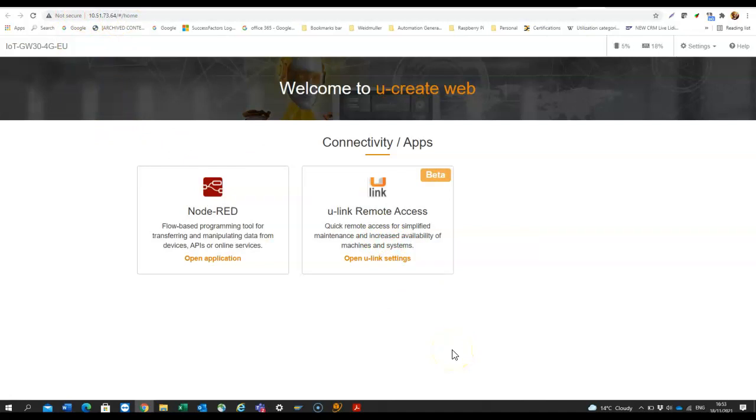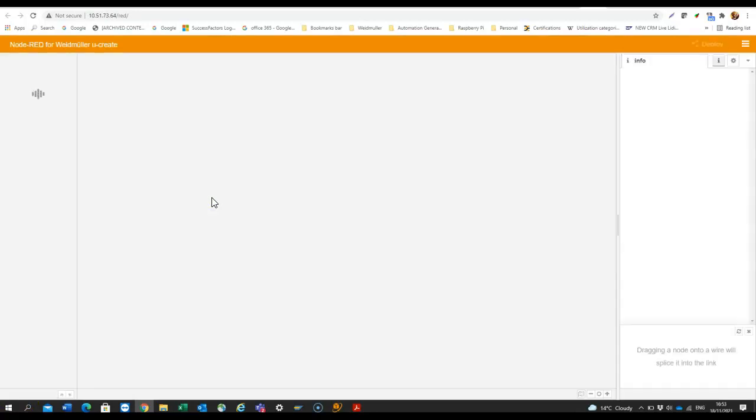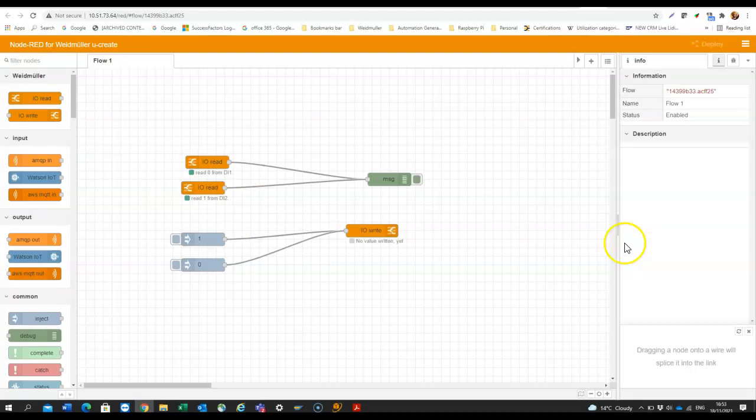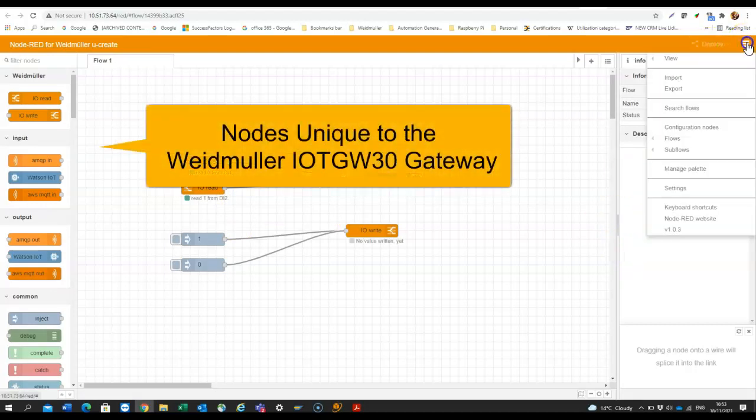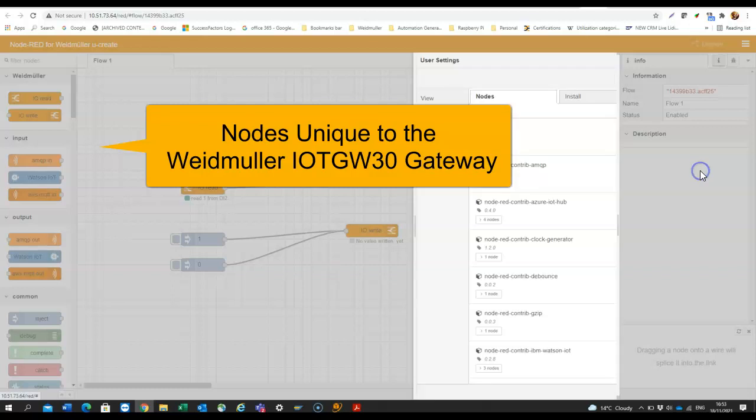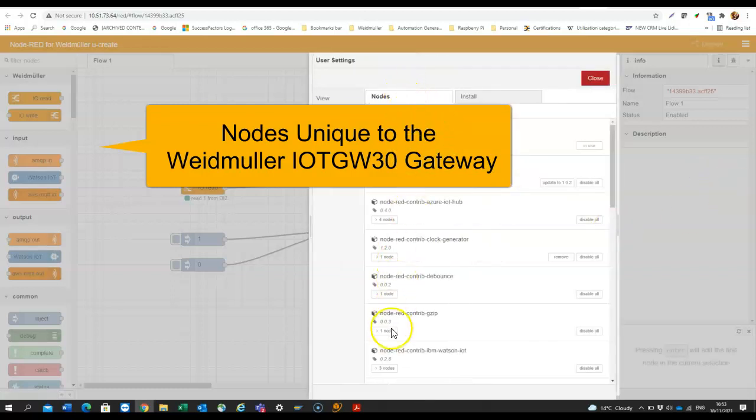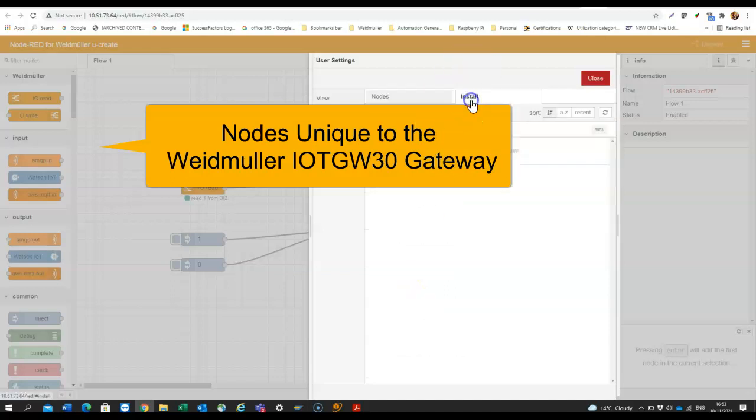The next part will be to show you some features of Node-RED. If I click into Node-RED, another way of proving I've got a connection to the public internet would be to actually try and open the Node-RED library or repository. So I go to the burger at the top right, go to Manage Palette, and here this lists all the nodes that come pre-installed from Weidmuller. A lot of them are generic Node-RED, some of them are unique to Weidmuller. So if I go to install, if I type in clock,